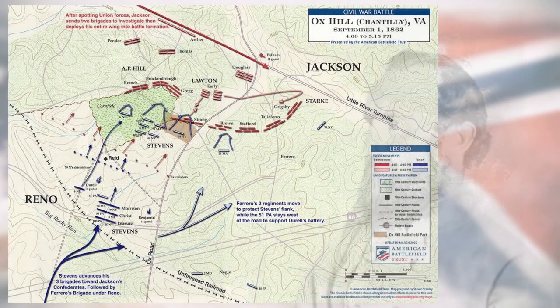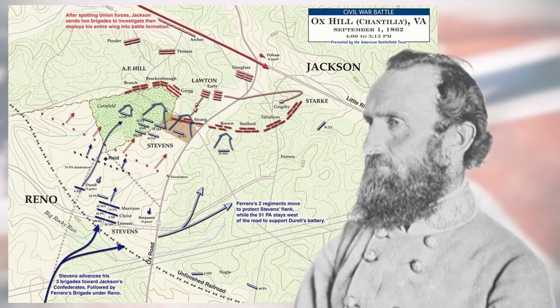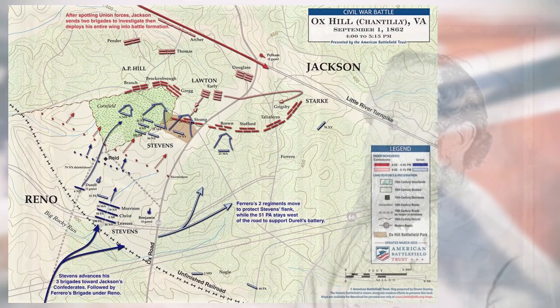At 2:30 p.m., Jackson made ready to attack a Federal force of unknown size from his position on the western side of Ox Hill. He divided his infantry into 2 columns, each marching on one side of the Little River Turnpike, while the artillery moved on the roadway. Out in front of Jackson's corps was Stuart's cavalry.